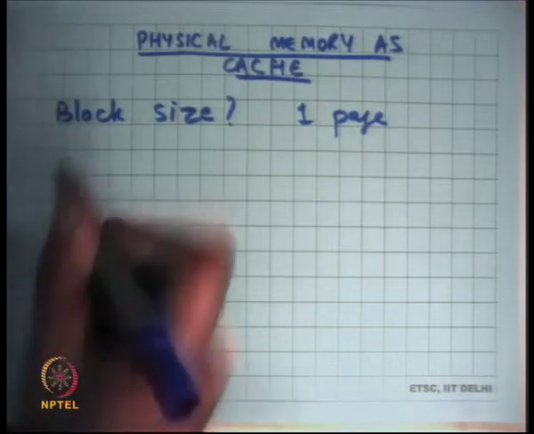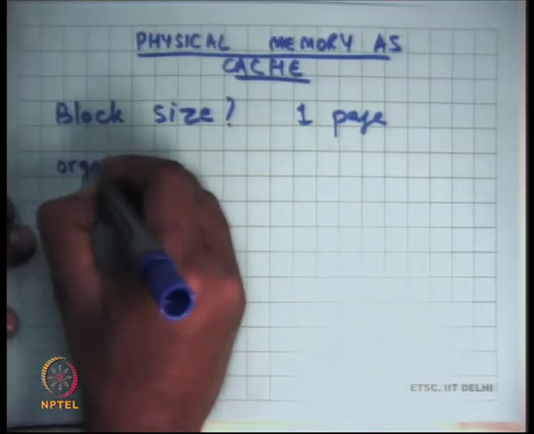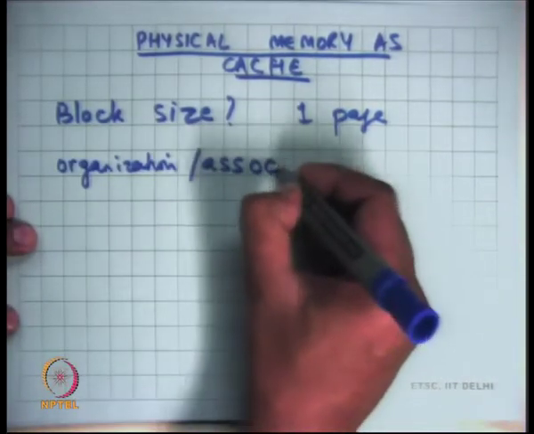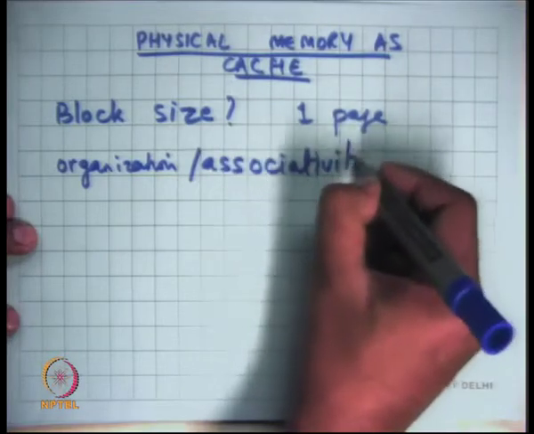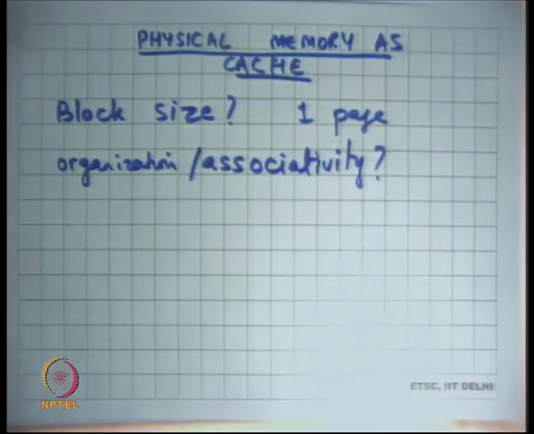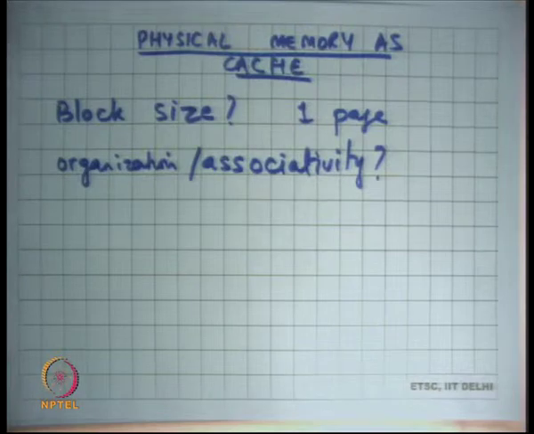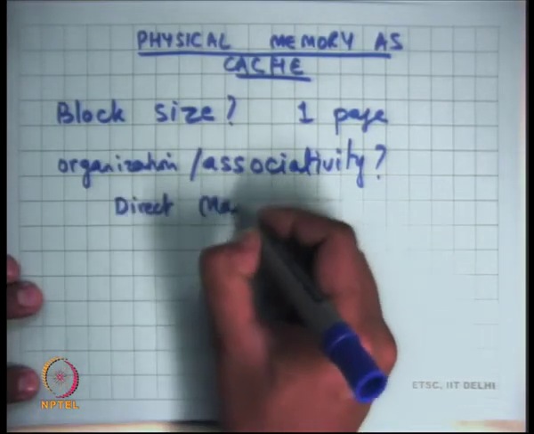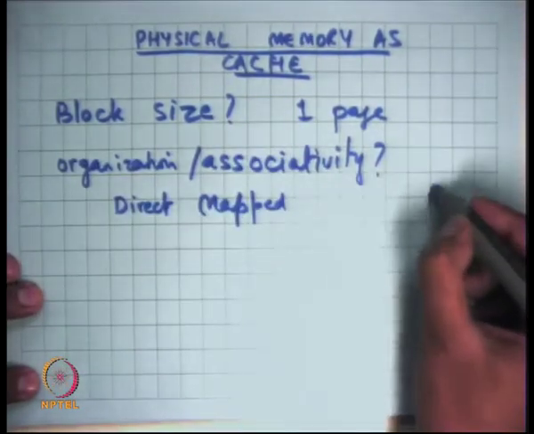The other thing is, what is the organization of the cache, right? By organization, I mean associativity, right? In your computer architecture course, you must have studied that a cache can be direct mapped, set associative, or fully associative, right? So what do you think makes most sense in this case? Should you have a direct mapped cache, or should you have a fully associative cache? Okay, so let's see, what's the trade-off? Let's say direct mapped on one side and fully associative on the other side.